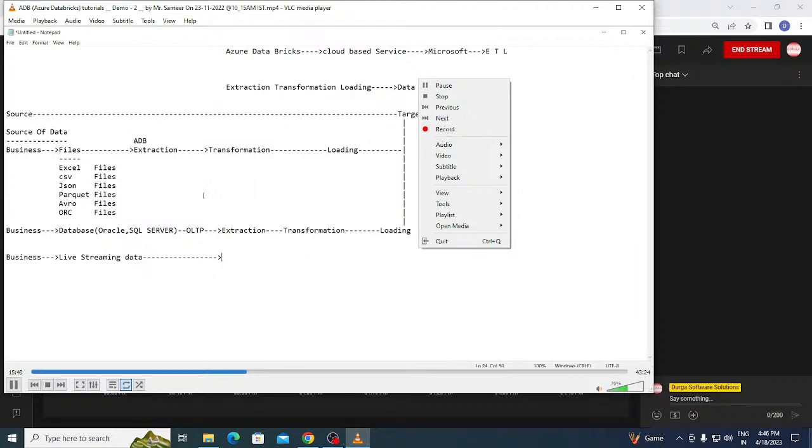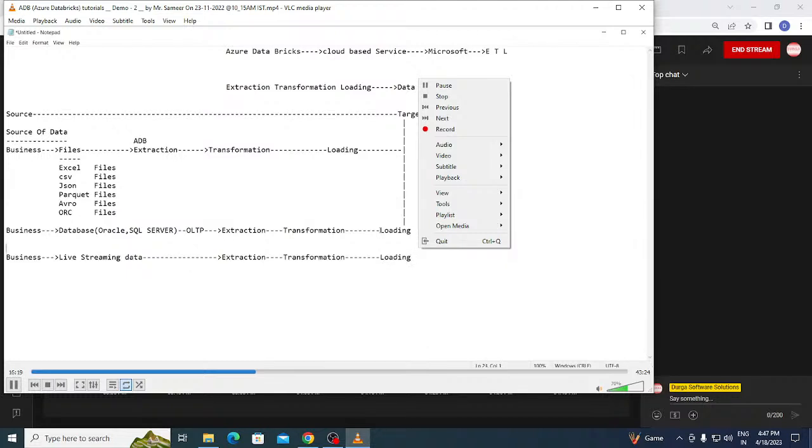And this process is called extraction. We perform the extraction on this data. Once the extraction is done, then what happens? The process of transformation follows. What is transformation? Transformation is the actual process of data summarization. And once the data summarization is done, finally we load the data into the target, guys.